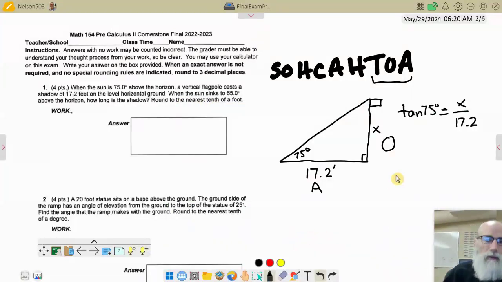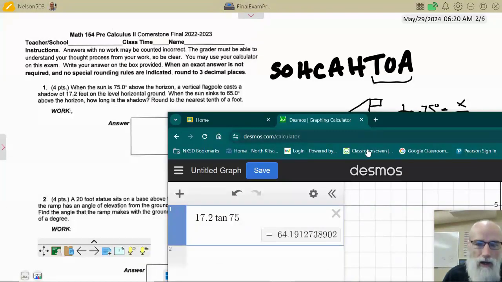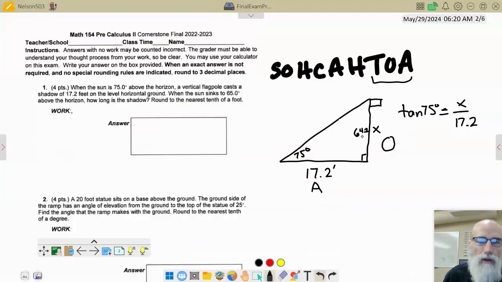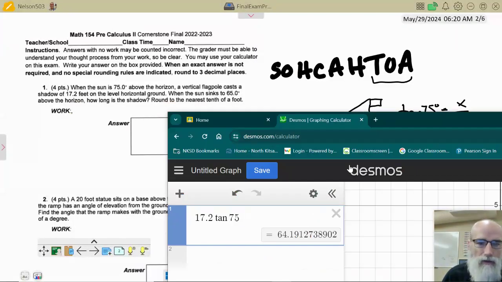Okay. Oh, wait. That's not going to be my final answer, I don't think, because it didn't ask us how tall the flagpole was. So let's go 64.2. Actually, you know what? I'm not going to round that. I can round it on my paper to whatever I want, but I'm going to use as accurate a number as I can, because remember, we're doing more work with this, because now it says